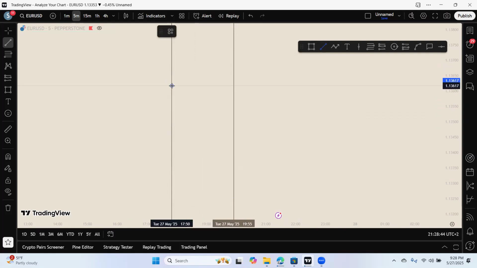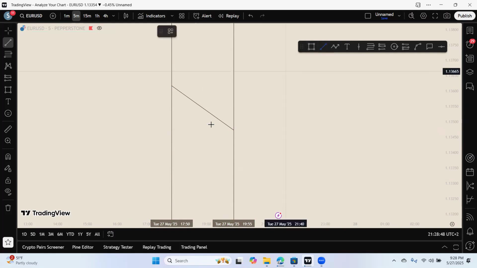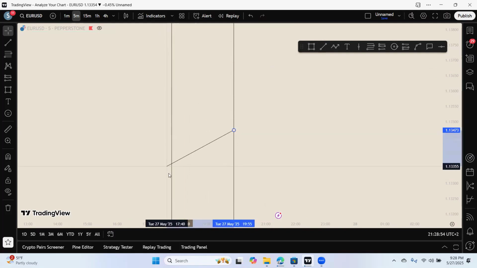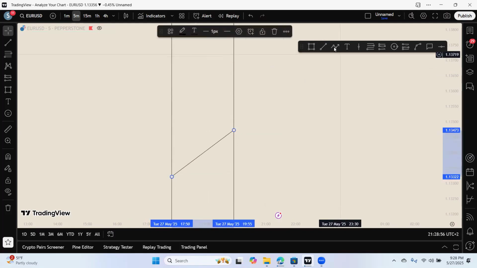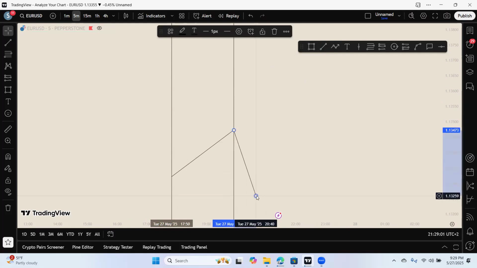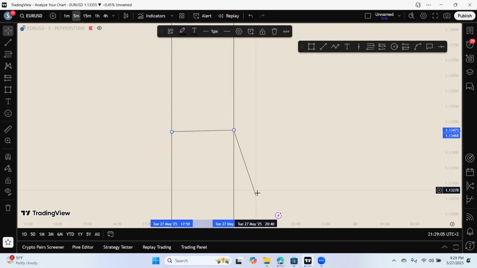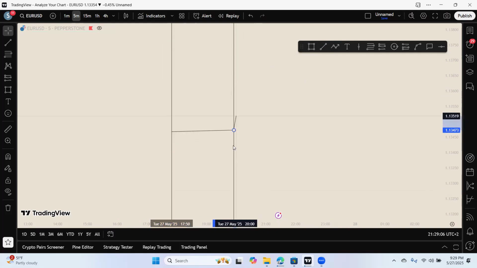If the market is going down from 1 to 2, then we expect the market to go up from 2, you see. Or if the market was going up from 1 to 2, then expect the market to go down from 2. Then if the market is consolidating between 1 and 2, then we expect the market to either go up or go low,